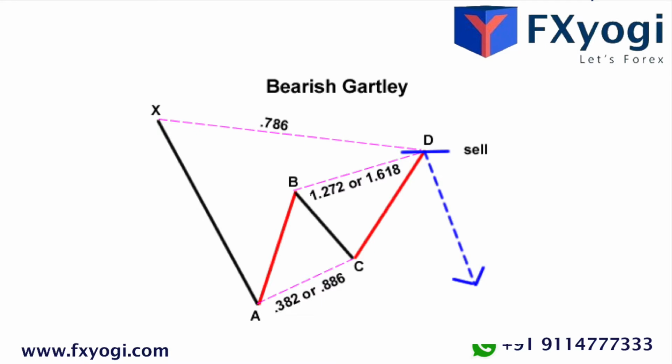Gartleys are patterns that include the basic ABCD pattern we have already talked about, but are preceded by a significant high or low. Now, these patterns normally form when a correction of the overall trend is taking place and look like an M for bullish or a W for bearish patterns. These patterns are used to help traders find good entry points to jump in on the overall trend.